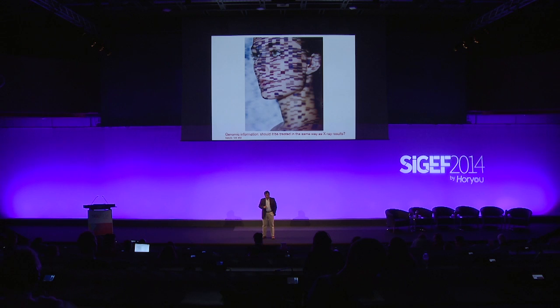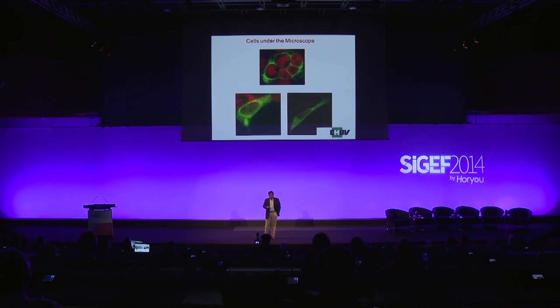A few years ago there was an article in Nature asking whether genomic information should be treated like an X-ray. Because when you have a disease, for example a pulmonary disease, you go to a doctor, who takes an X-ray, looks at your X-ray profile, and then diagnoses your disease. So can our genetic information be used as a kind of X-ray for our life?